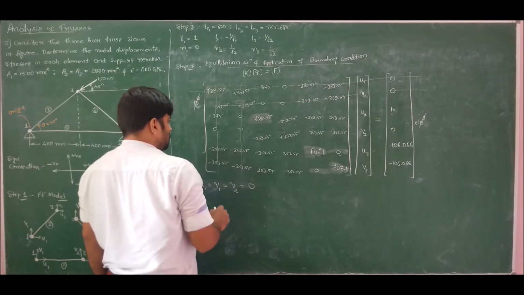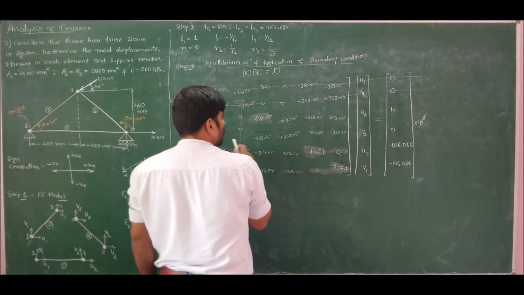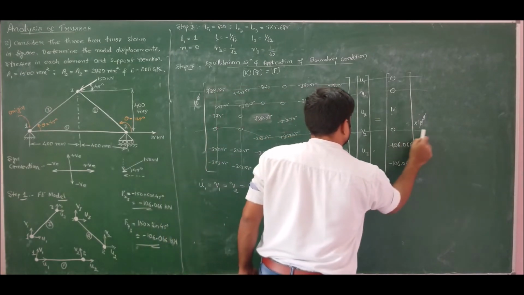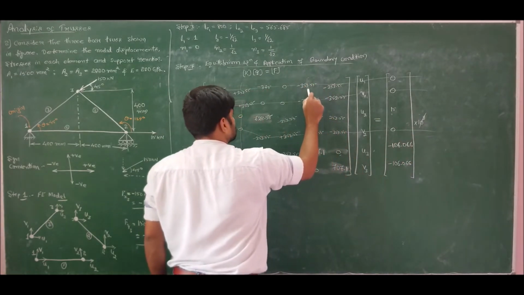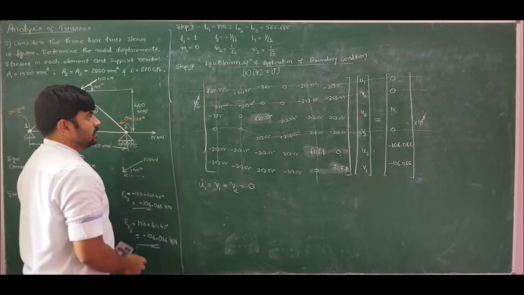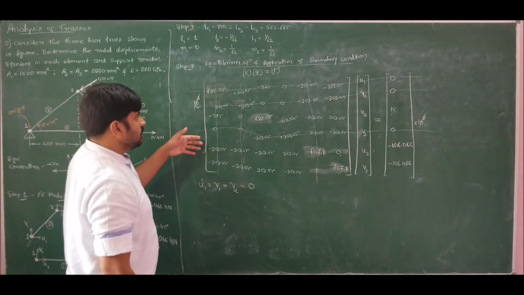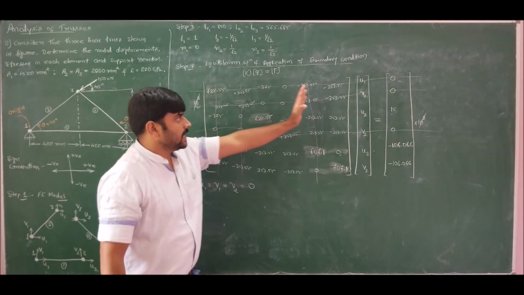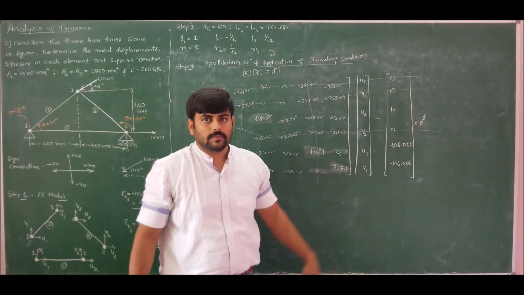Since V2 is also equal to 0, I should cancel off the fourth row and fourth column. Now as per the elimination method, in the active rows, the terms which are eliminated in their column should be multiplied with their respective displacement and taken to RHS. This is the actual elimination method.